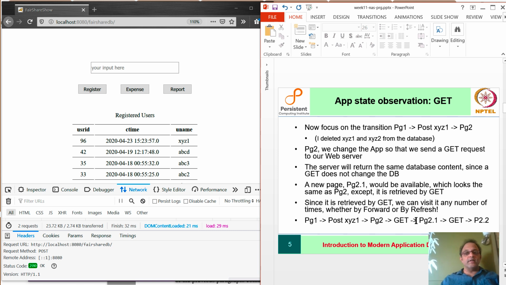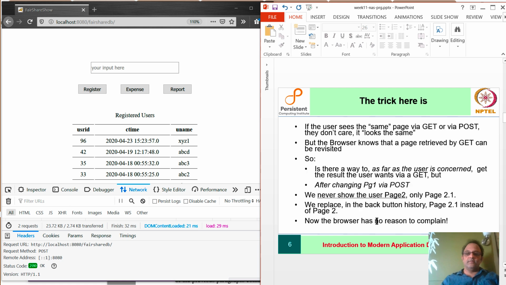And if the user doesn't know, if you revisit that page 2.1, which looks the same as page 2 to the user, then the browser has no reason to warn you because we know that no form resubmission, no data resubmission that changes the content will happen. So the trick is we never show the user page 2 at all.